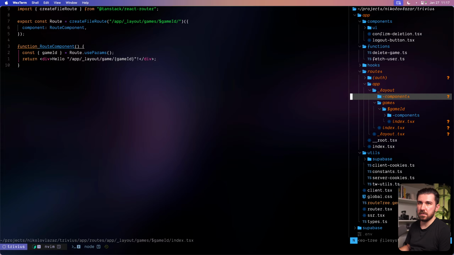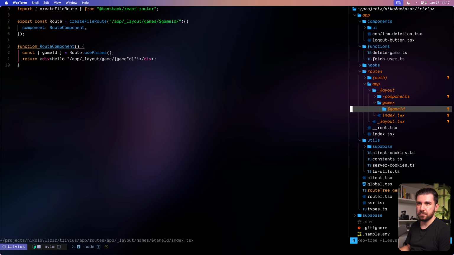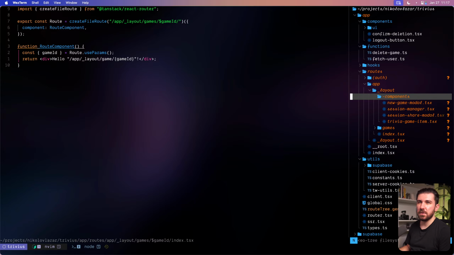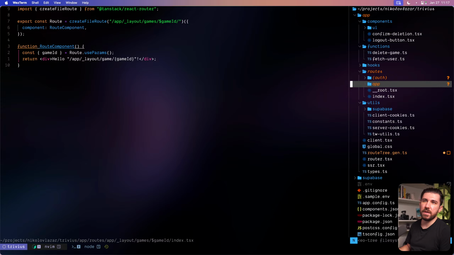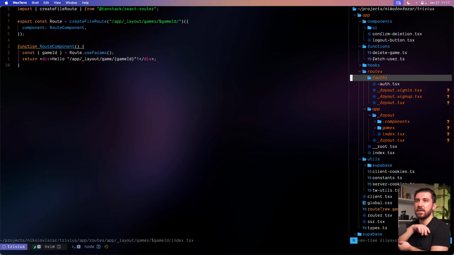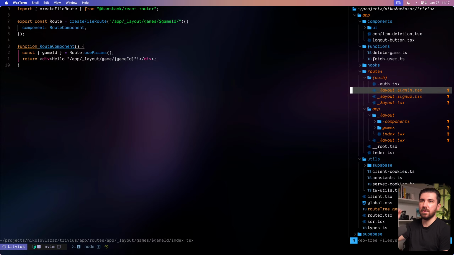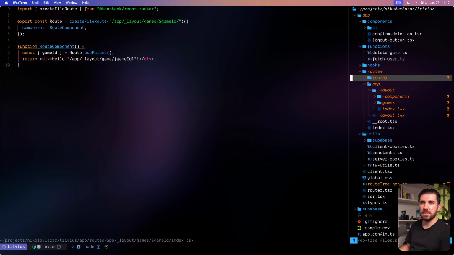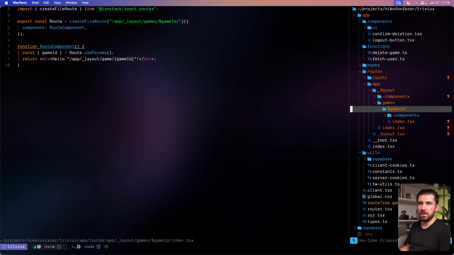Game ID is here. We have some components here. There's no index route for this. There's an index route for this. So as a rule, we can say we're only using index routes. Aside from this case, because it's pretty simple, we don't have to. It's not gonna grow, so we can keep it like this. But in this case, index routes all the way,